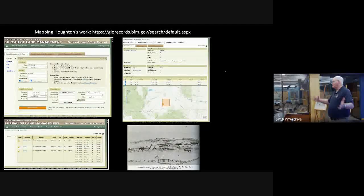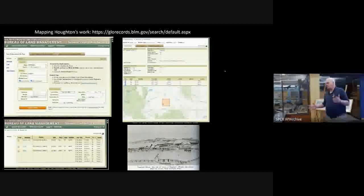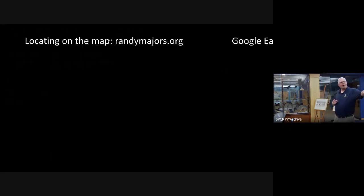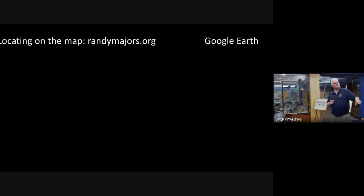Well, it's really hard to find anything like that. And so I would type the township range section numbers into another website, down here, and it would convert it to GPS coordinates. And from the GPS coordinates, oh,